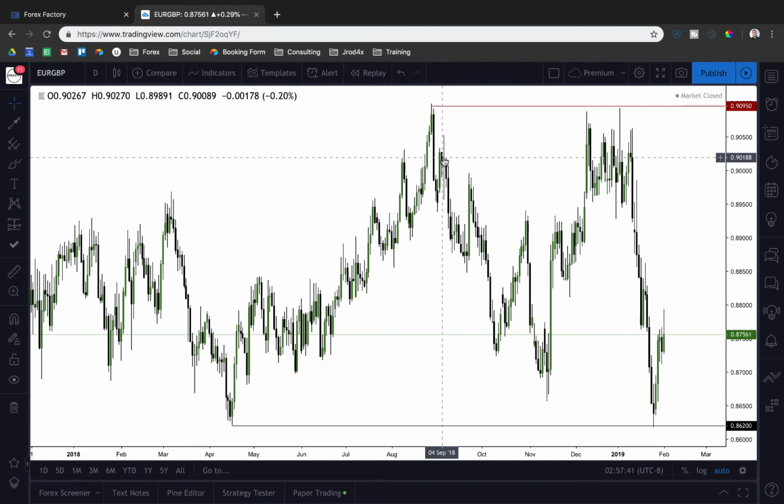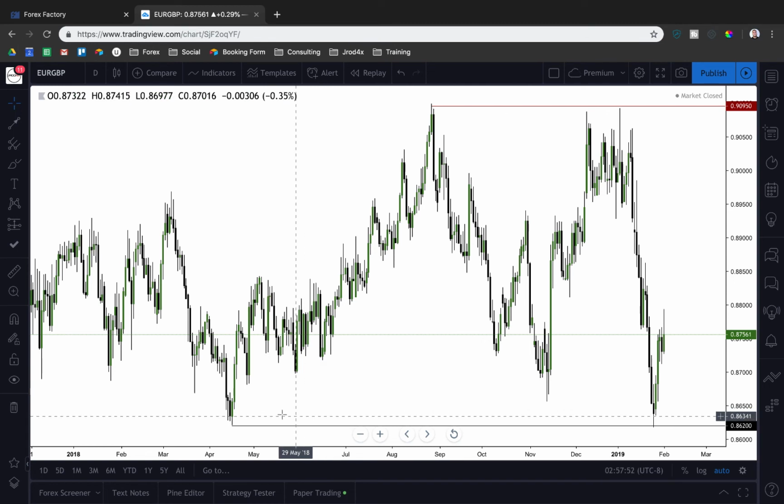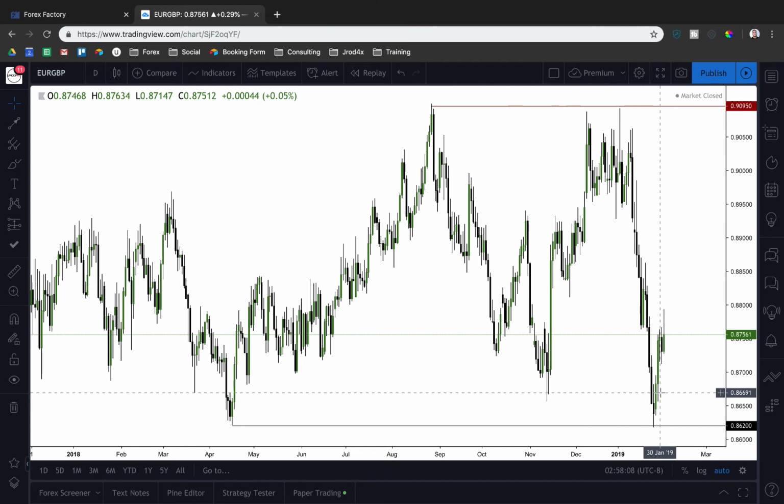But looking at Euro GBP on a daily basis, we mentioned this last week as well. We've left these equal lows around this 86.20 level here. So it's obvious they're trying to build the idea that we're finding support, and while we have seen a nice little pop up, I don't necessarily see us continuing, for example, all the way back above these daily equal highs. With us being within the bottom portion of the range here, I'm expecting this market to continue rolling over and selling off.